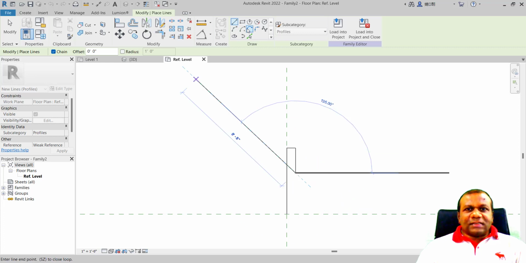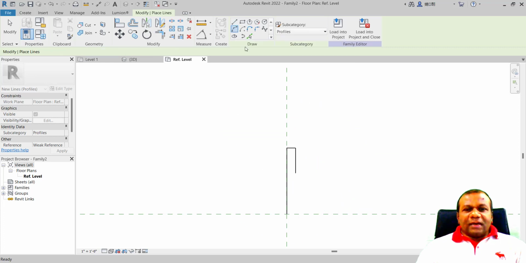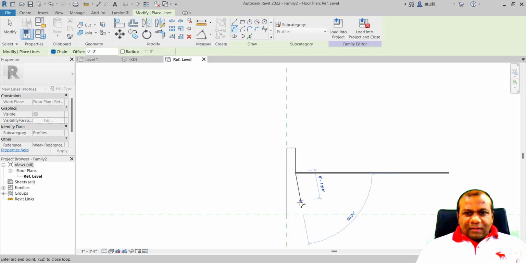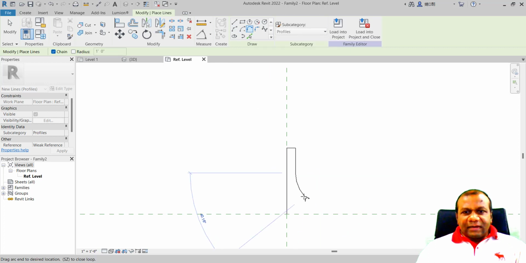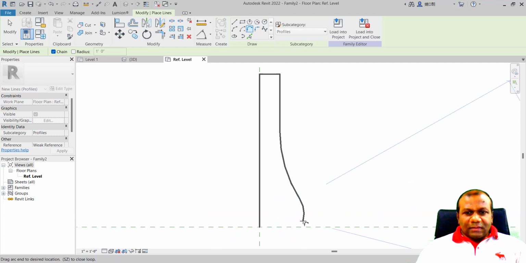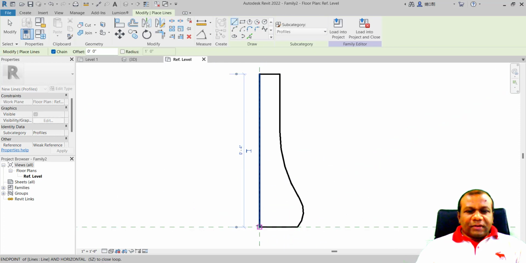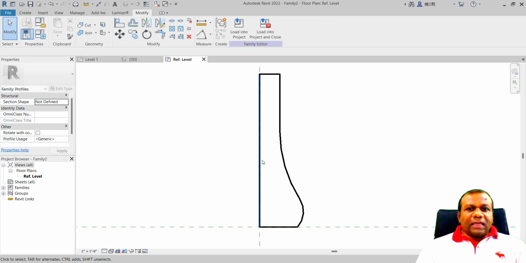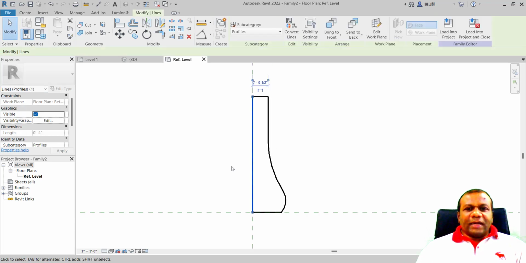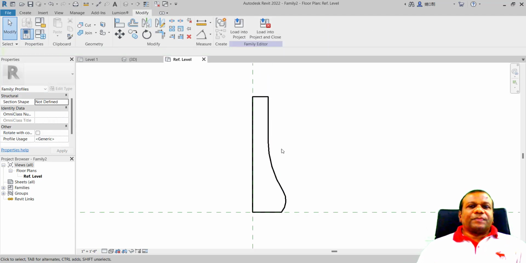Now I'll select this start and arch radius. I think so. Or I'll select this tangent end arc. I'll select the tangent end arc. So we can make it a little bit something like this, right? And again I'll take the line and I'll join. So this is my skirting. Keep in mind the skirting height is 4 inch.